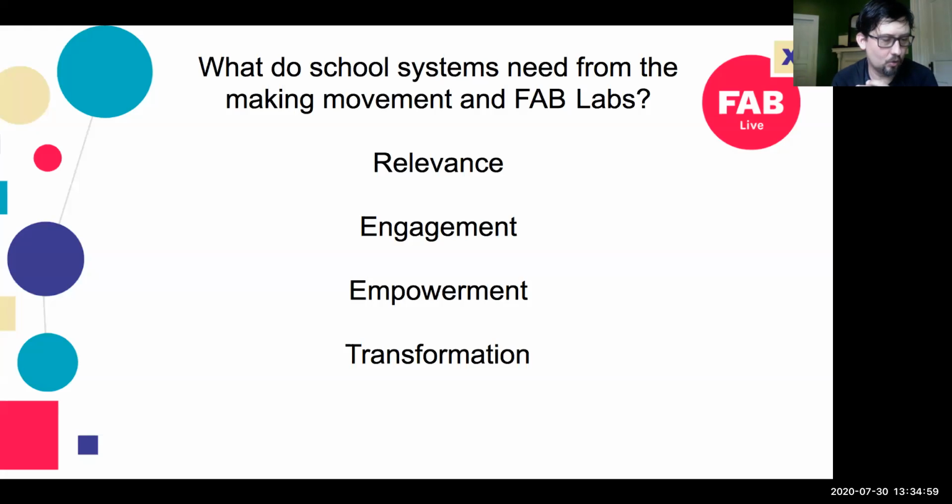Looking down here. So once again, got to have engagement for students. And that comes from the project-based learning we talked about earlier. If you do not have a methodology for delivering instruction with digital fabrication machines and making ideas, then it doesn't work. That is very different from people coming to a Fab Lab and wanting to make something. They came there with a plan, or bringing students into a Fab Lab and saying, these devices can make something, go make something. That's great.